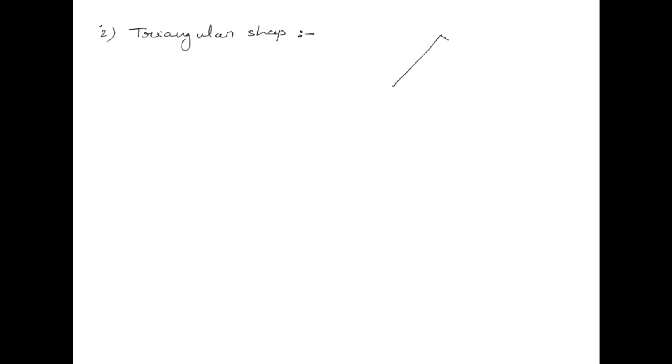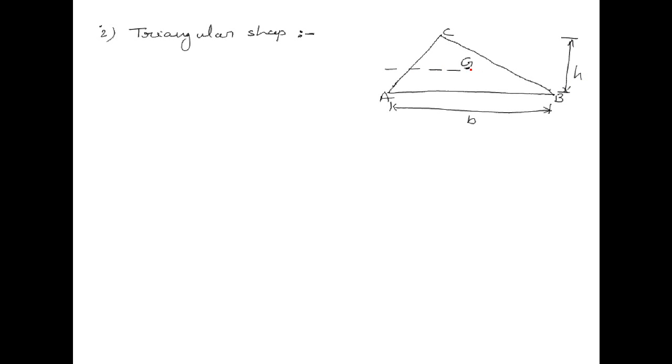For this triangular shape, I'm considering a triangle ABC, which is having centroid G, and the base of this triangle is b, and the height of this triangle is h. I'm considering one axis XX which is passing through the centroid G, and it is parallel to the base of